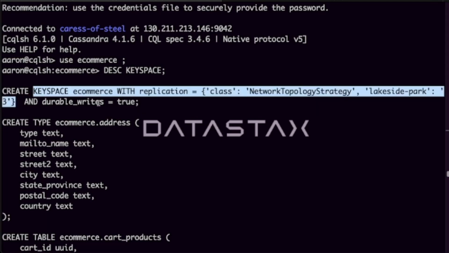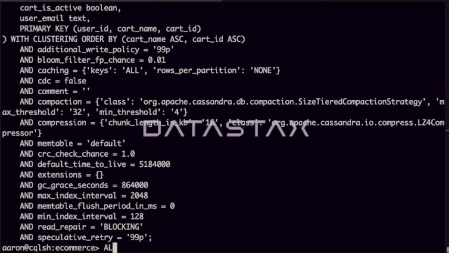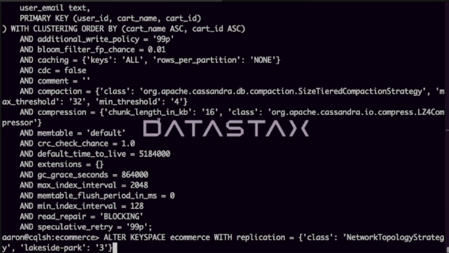So let's copy that and say ALTER KEYSPACE e-commerce WITH replication = {'class': 'NetworkTopologyStrategy', 'Lakeside Park': 3, and we're also going to say 'Fountain-of-Lamneth'